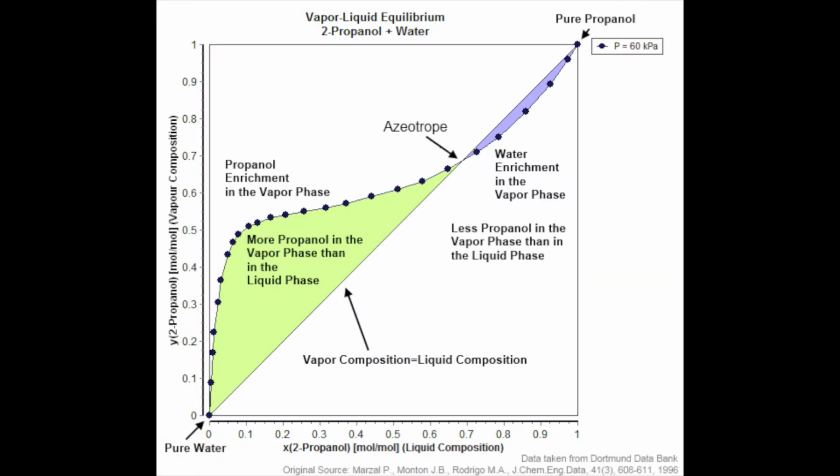What is distillation? Well, it's a method of separating components based on their difference in boiling points. The greater the difference in boiling points, the easier the separation. An azeotrope occurs when the two liquids cannot be separated by distillation anymore because when the mixture is boiled, the vapor has the same composition as the unboiled mixture, and ethanol and water form an azeotrope at about